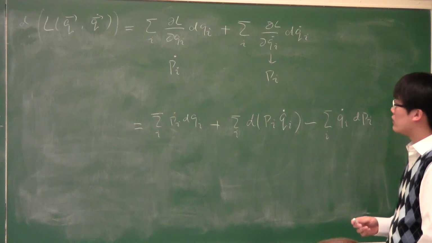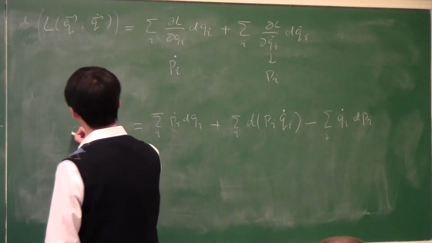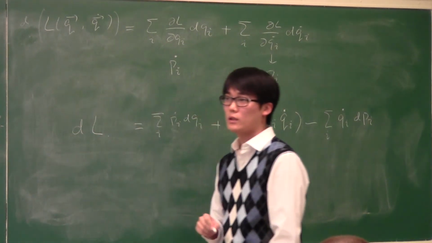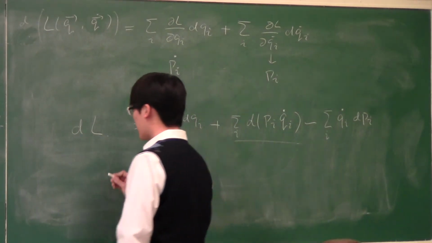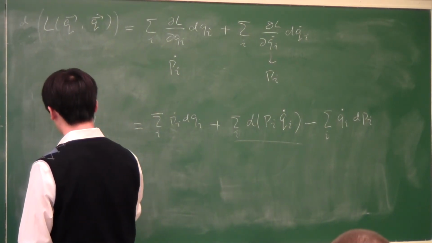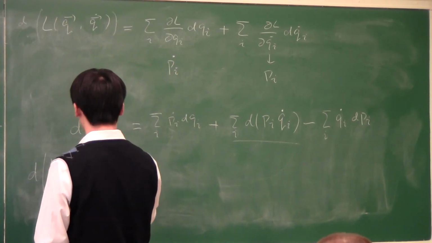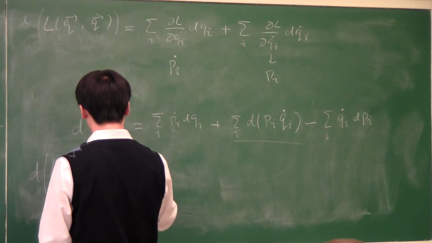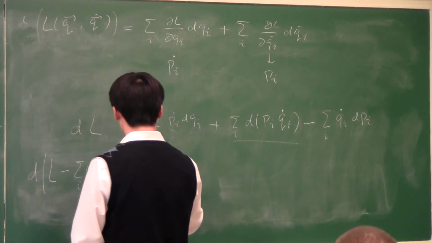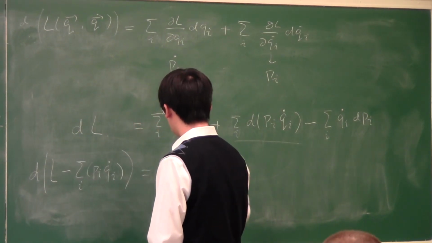Okay. So now the other side is the total derivative of the Lagrangian. Okay. So now let's take this term to the other side. Okay. Which will give us the Lagrangian minus this sum. Okay. Is equal to